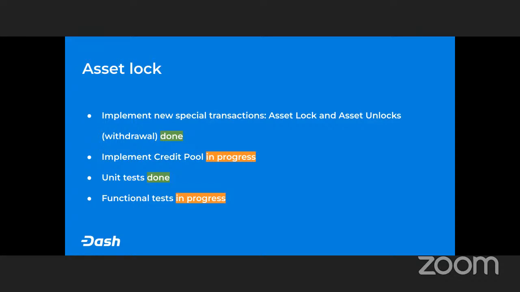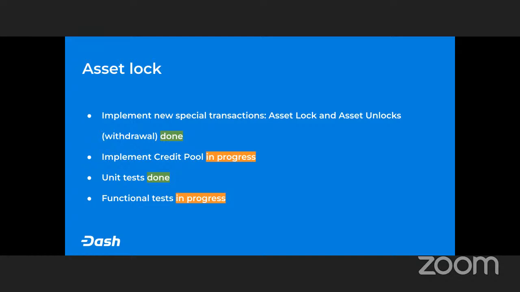Hello, everyone. I'm Konstantin. I'm working in the core team, and I'm implementing asset locks. Basically, in Dash Platform, to pay masternodes for storing data, a potentially expensive operation, we need to use credits. The problem is that the blockchain doesn't know anything about the platform and we need to somehow integrate credits and Dash with each other. For that we need a mechanism which basically contains three components.